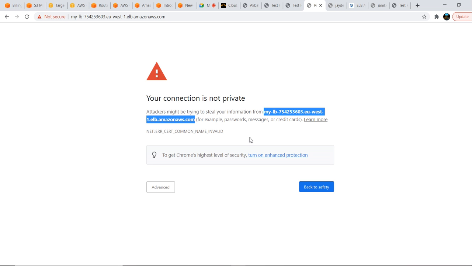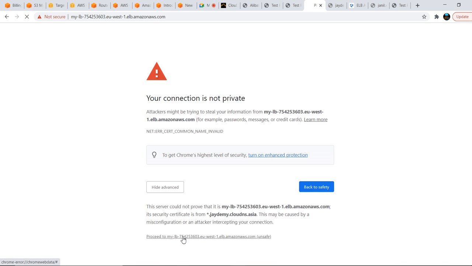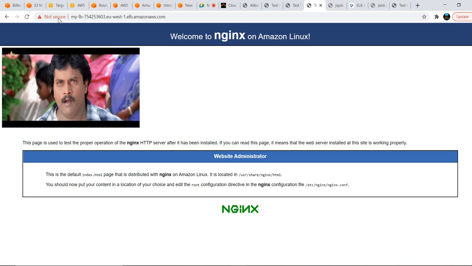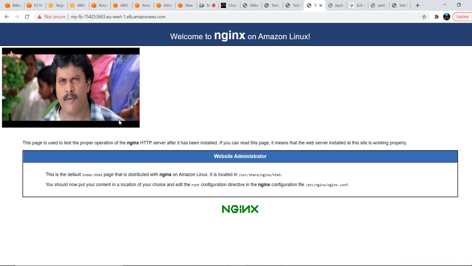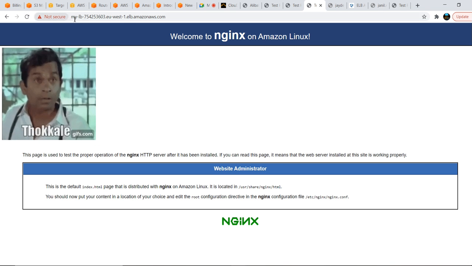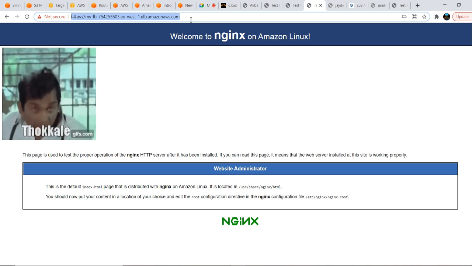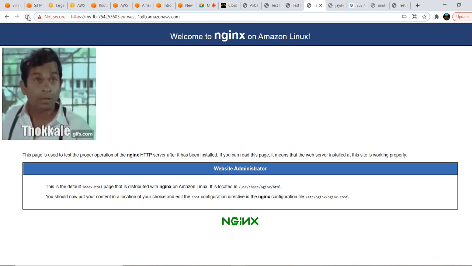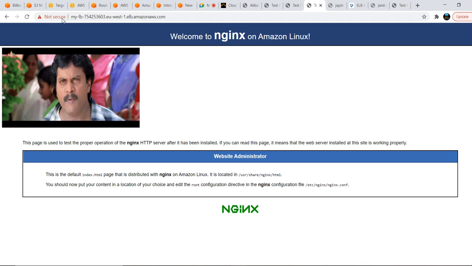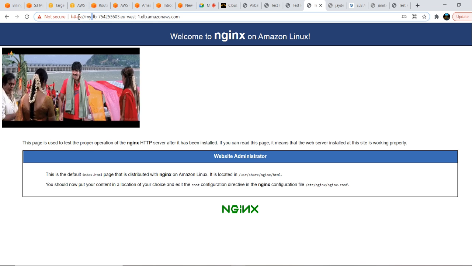We created it for some other domain. Go to Advanced and click on the my LB not secure connection. If you see here, we got the website. That is how you need to get it. HTTPS only we are getting, but that certificate is not for this domain, and that is the reason it is not showing as secure.